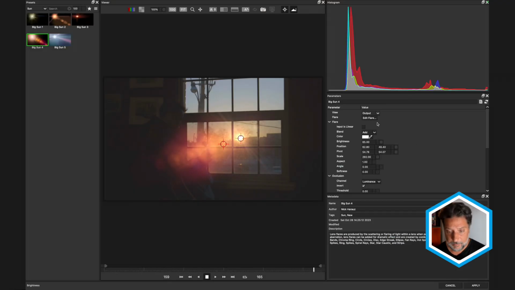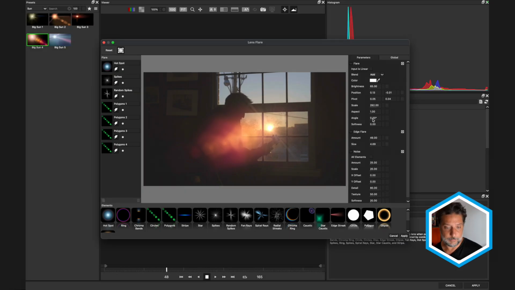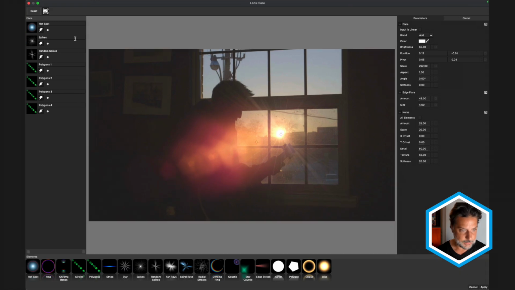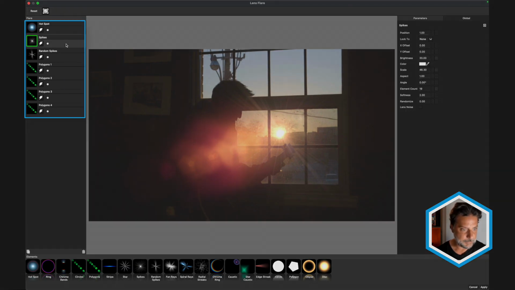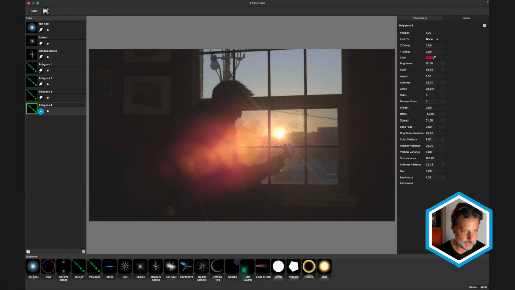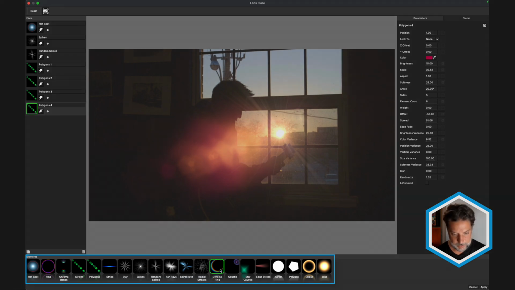Last but not least, every single component of this lens flare can be manipulated. So if we head to the top of the effect, there is a button here called Edit Flare, which will bring us into another portal, but specifically for designing or adding individual elements to our lens flare. So we've got hotspots, spikes, random spikes, and polygons, which is what makes this lens flare up. And if you click the lightning bolt next to any of these, we can turn that specific component or element on and off. If we wanted to add more elements, there are several available here at the bottom, including chroma